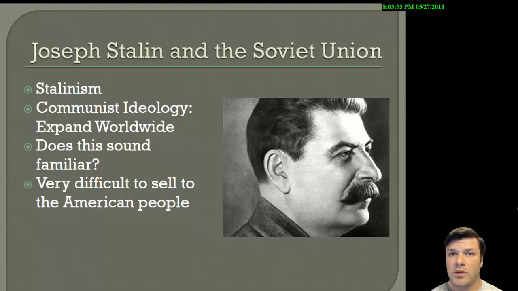Listen, in a lot of ways, Stalin made Adolf Hitler look like a choir boy when it comes to his bloody reign of terror. Killed a lot more people than Hitler. Primary reason why is that he ruled over the Soviet Union for a long time, a lot more time than Hitler ruled over Germany. But he was a brutal, brutal dictator, and we were very aware of what was going on in the Soviet Union. It's not like this is a secret.